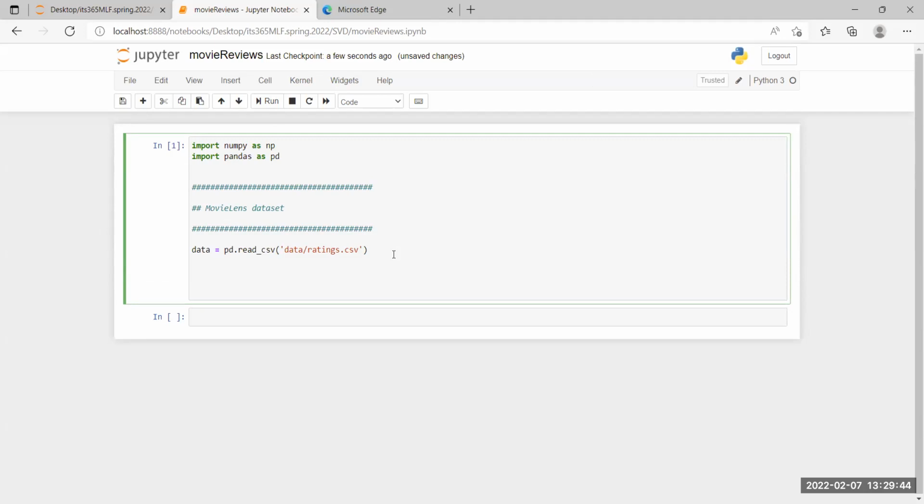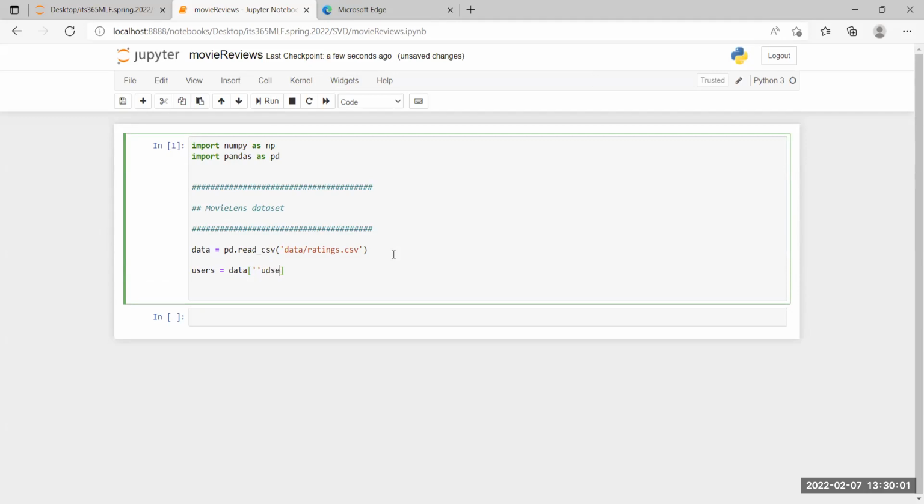One thing we can do is say users equal data, and then we can just reference the data by the column names.